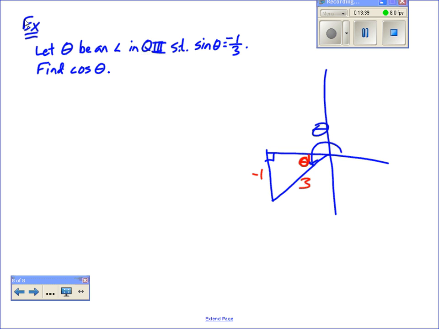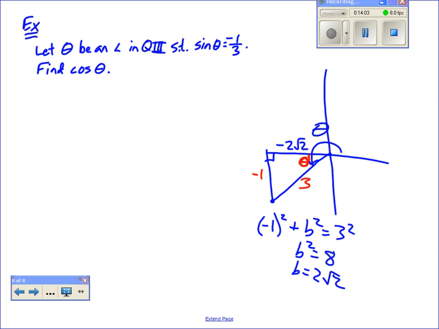Okay. And now you say, well, I got to find that remaining side. So -1 squared plus b squared equals 3 squared. So b squared equals 8. So b equals 2 root 2. Okay. So 2 root 2. Now in quadrant 3, I'm going from my origin. I'm thinking, well, I go to the left. So -2 root 2. And then I go down 1, right? To the left, -2 root 2, and then down 1. So you want to name that -2 root 2. You want to name that -1, which we already did. Of course, your hypotenuse is always positive,